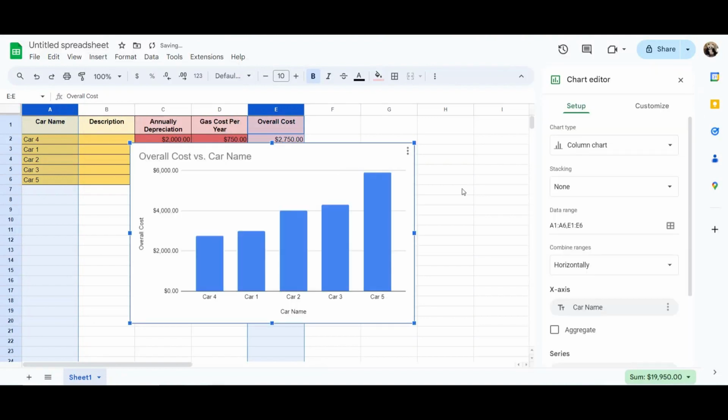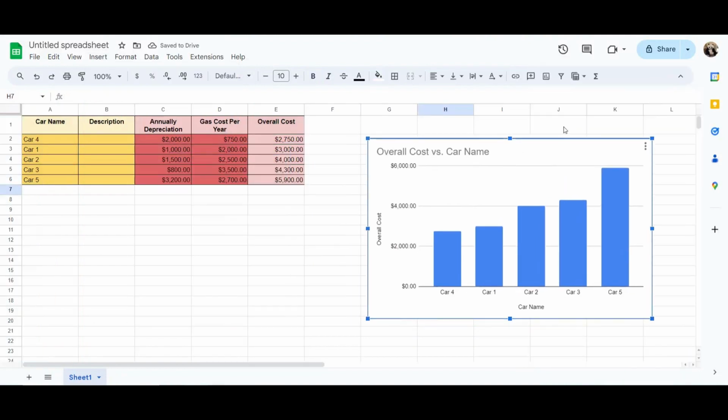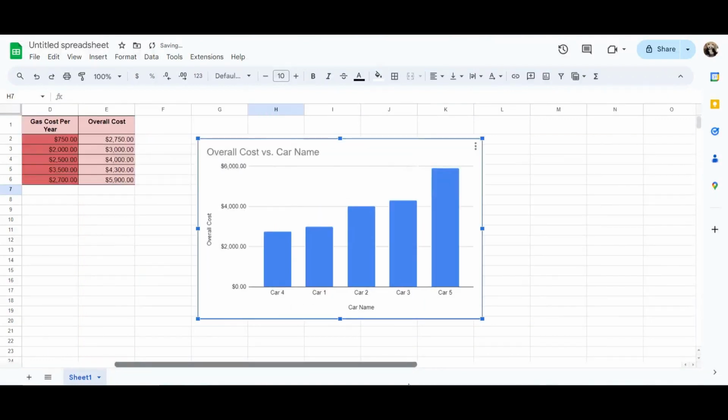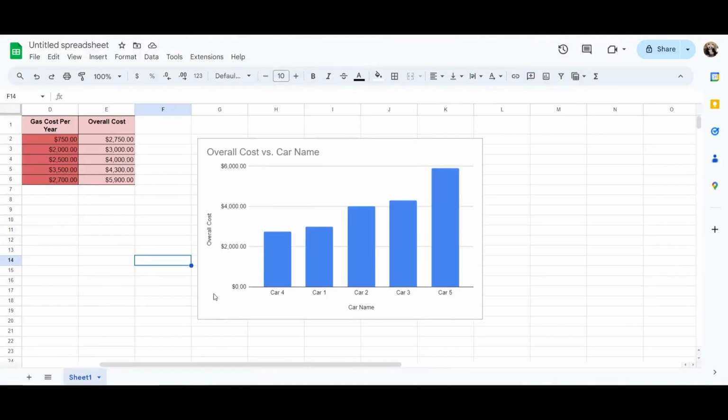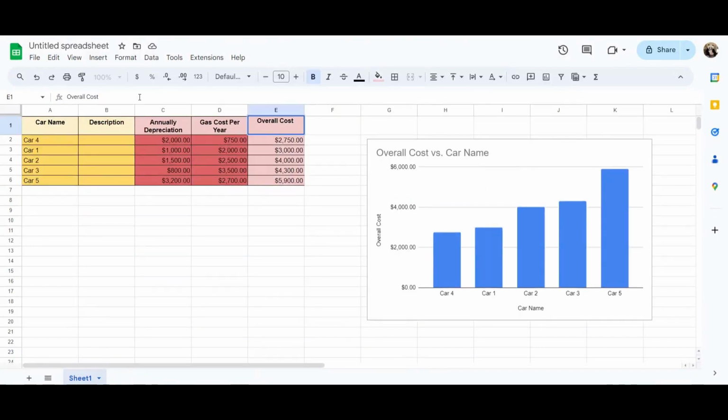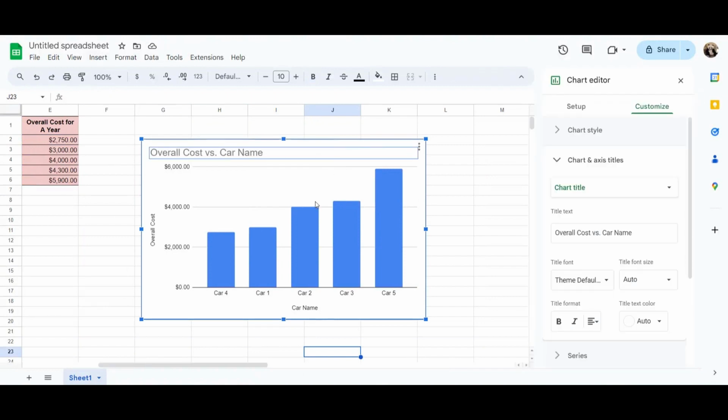Here Google Sheets helps you with sorting and showing how each of the cars costs you by overall cost versus car name, let's say overall cost for a year. Then you can tell that car 4 costs you the least, and car 5 is